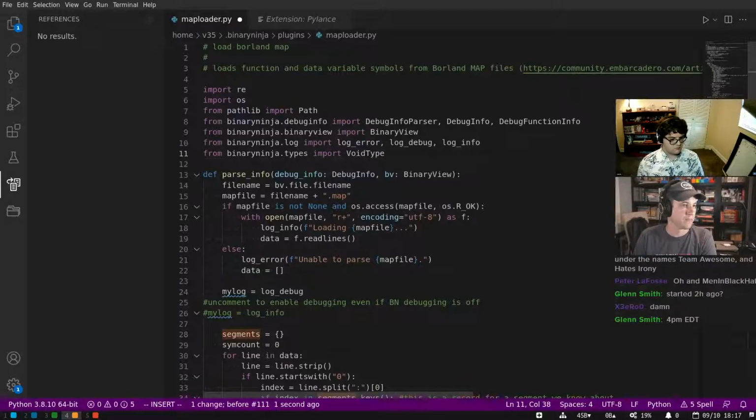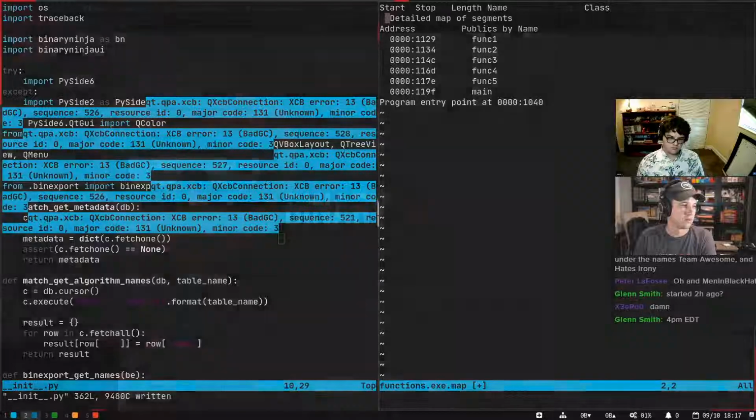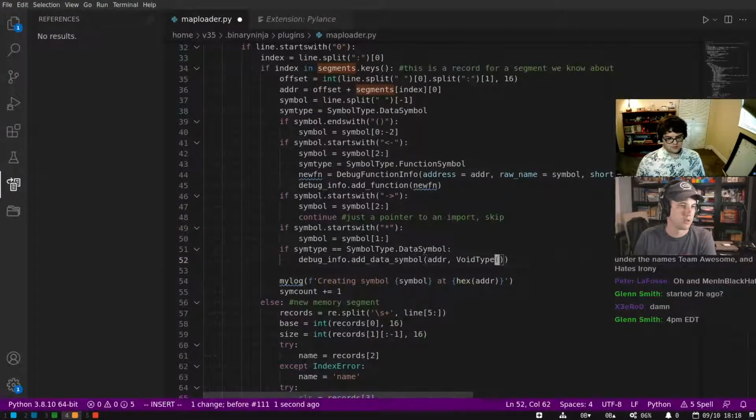Void type. Do I need to give it a... That should be all we need. So trying to create a void type or void builder complains that it needs a handle.